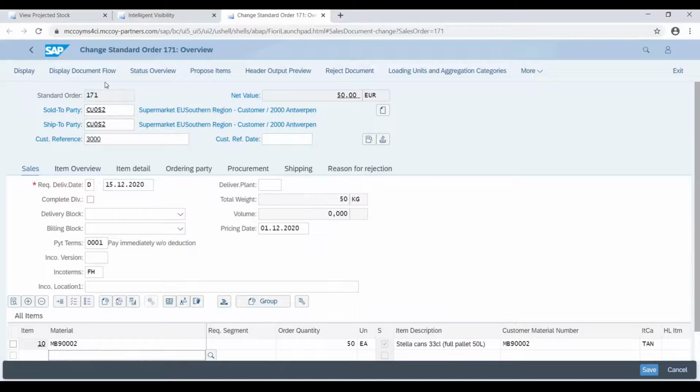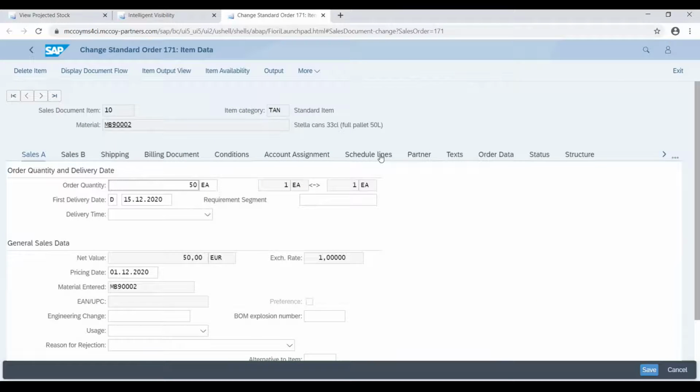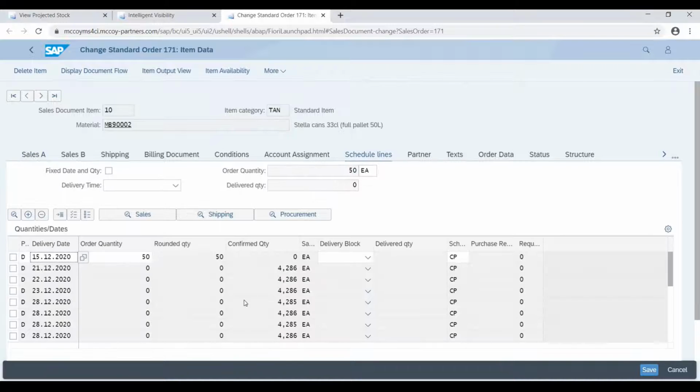that we are in this order, and let's check the confirmations there. So if you remember, we didn't have anything confirmed, and now we see that all the quantities are confirmed, the ones that are late and the ones that are not. And this was the demo of the second part.